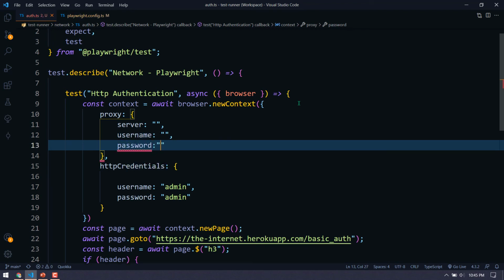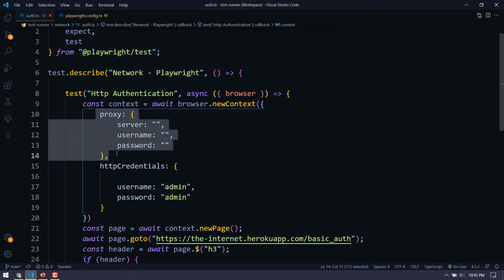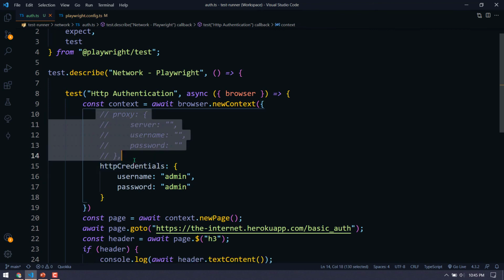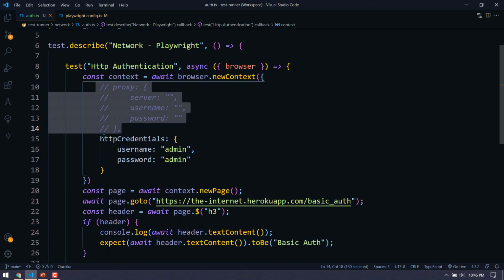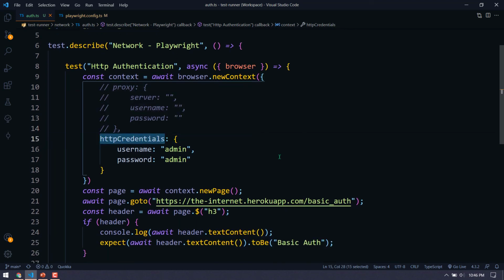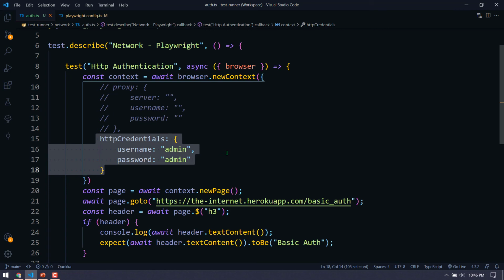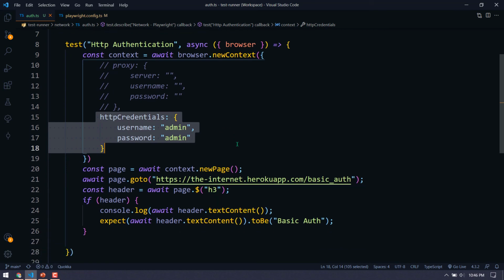Just for your reference, I don't know what exactly this is, because I never faced anything like this in my automation. Maybe if you have this feature, at least do let me know in the comments, probably I can learn from you. But usually, as I said at the start of the video, we don't use this in real time. These are mostly disabled by the developers, but just in case you want to use it, of course we have the opportunity in Playwright.